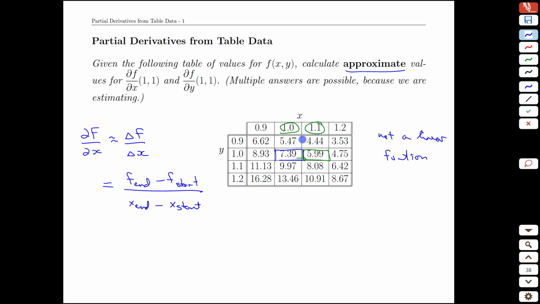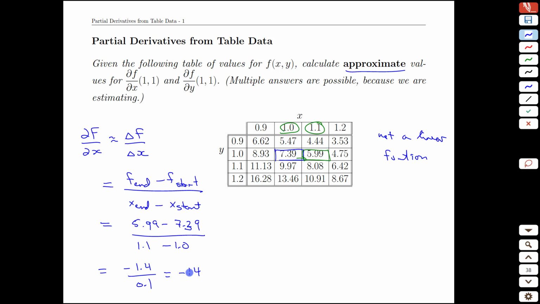Or you can skip this step if that connection is clear to you. The final value for f is 5.99. Our initial was 7.39. And we divide through by 1.1 minus 1.0. Because the value of the function in the table was going down, we fully expect the derivative to be negative, and that's in fact validated by what we get. When we subtract this out, we end up with negative 1.4 over 0.1,